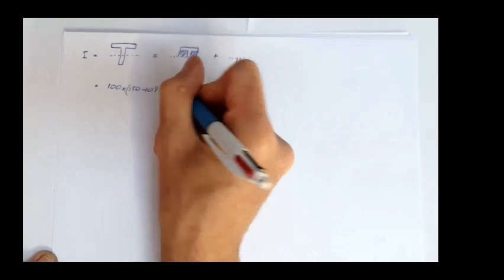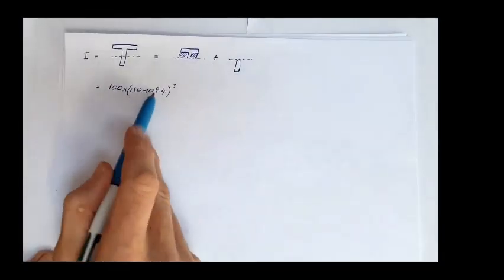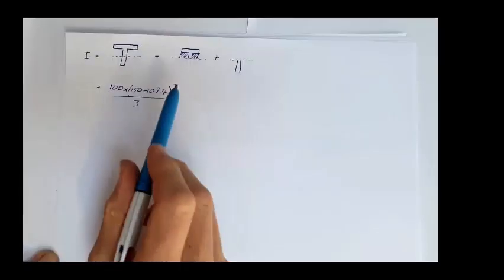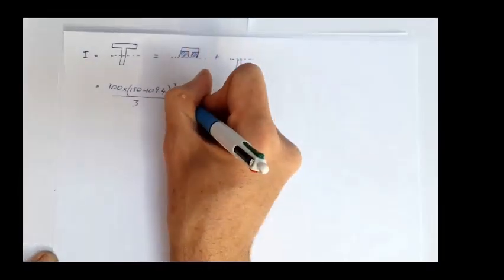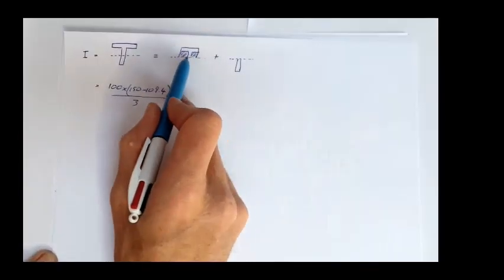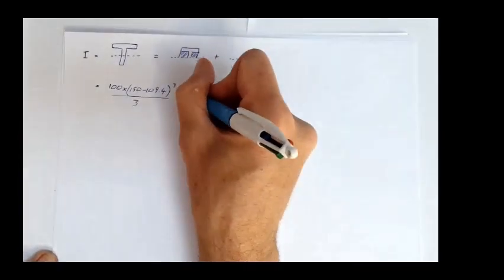That's B cubed over 3, minus, so that's going to calculate the second moment of area of this outside shape, minus 2 lots of the